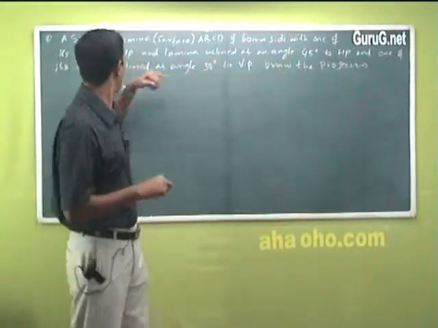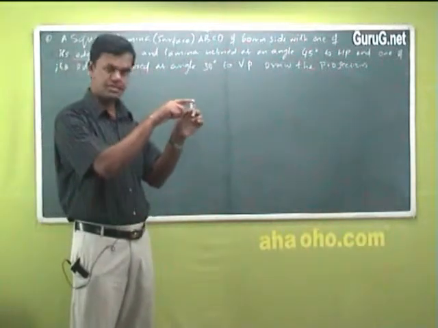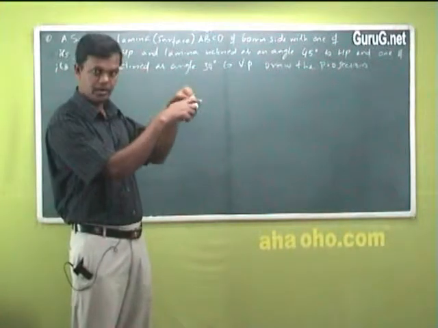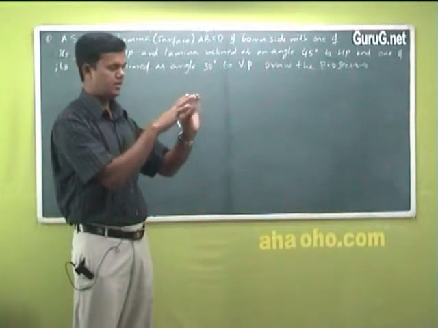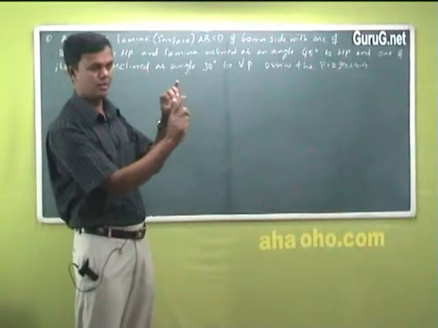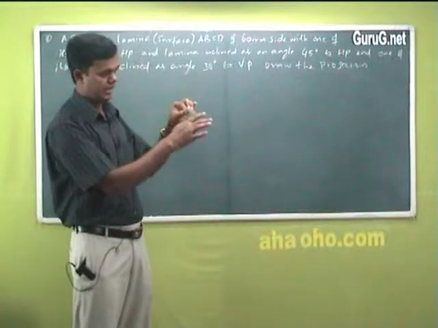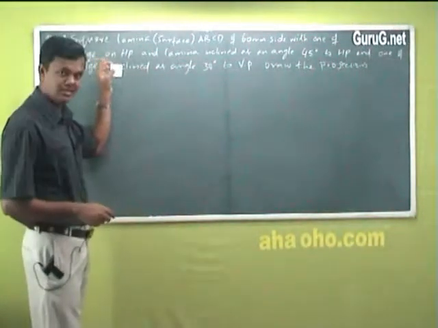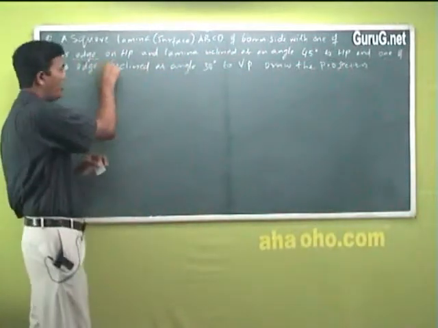With one of its edge. What is an edge here? See, this is one edge, two edge, third edge and fourth edge. One corner, second corner, third corner, fourth corner. Is that right? What is an edge? An edge is, I can just join 2 points, 2 corners, and it becomes an edge. And this is one face and the other face I can say. So I have 4 edges. We have to see that one of its edge will be on HP.